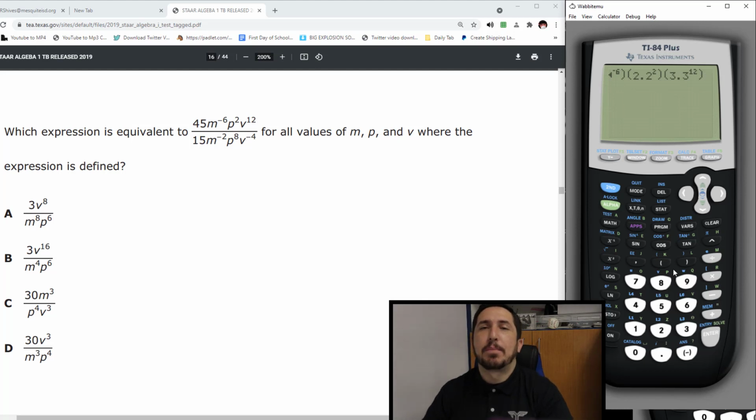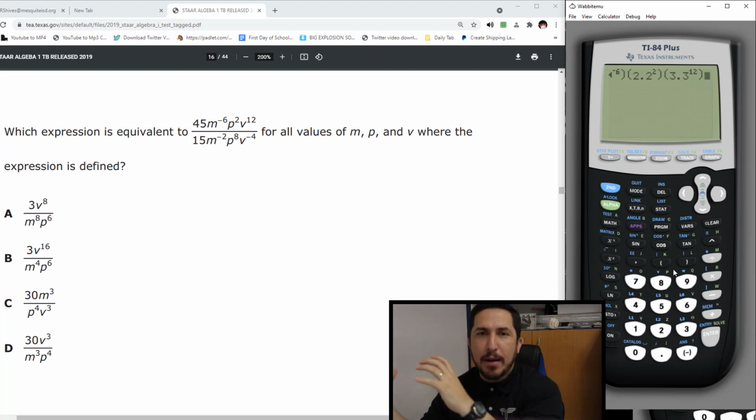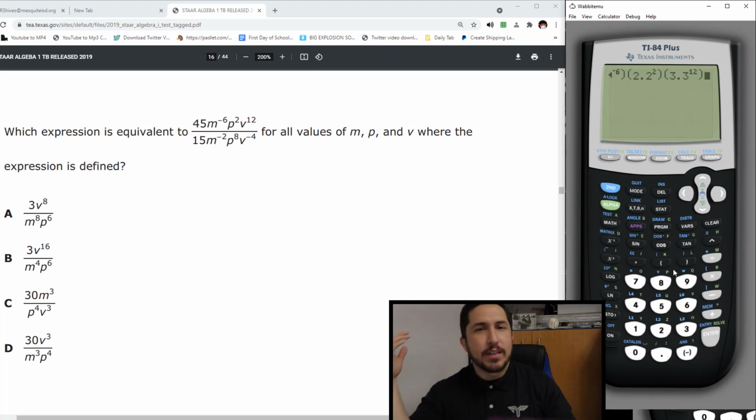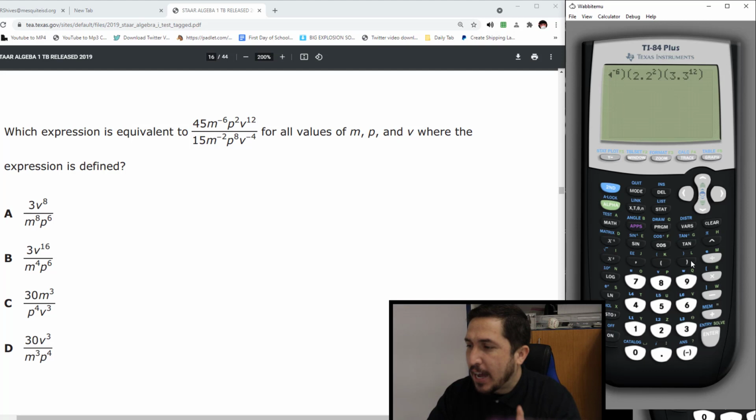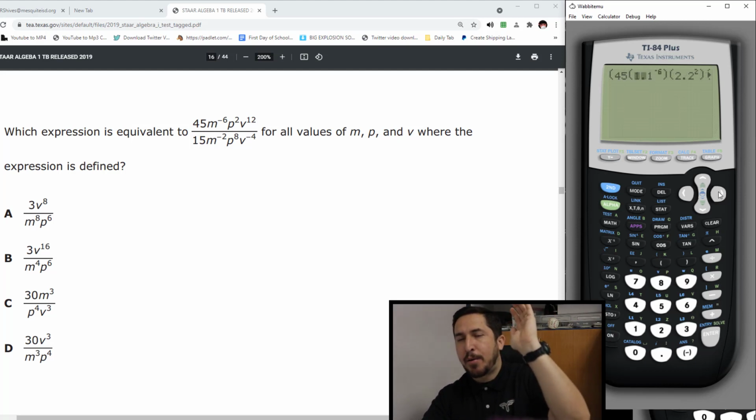Shoot. You're supposed to wrap the whole top part of the fraction and then wrap the bottom part. Otherwise he doesn't know where the top starts and the bottom starts. So I've got to add another parenthesis. Let me scoot all the way to the very beginning. These guys are great because they're wrapped in parentheses, but I've got to put a parenthesis in the beginning. So I'm going to hit second delete to insert something, and I'm going to insert a parenthesis. This wraps the top part of the fraction. So here's the top part of the fraction right here.